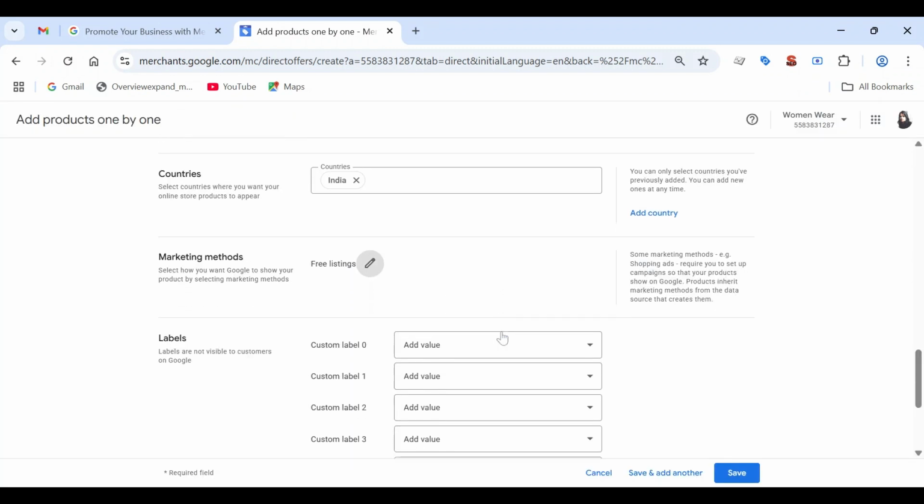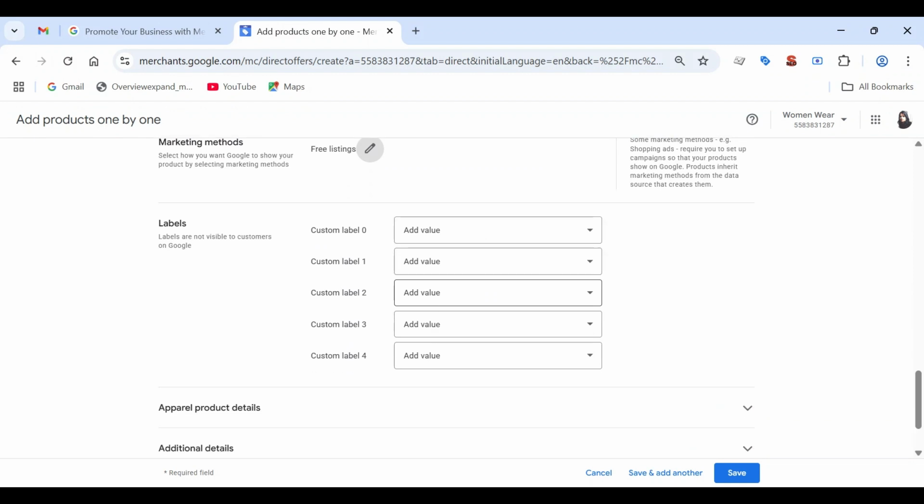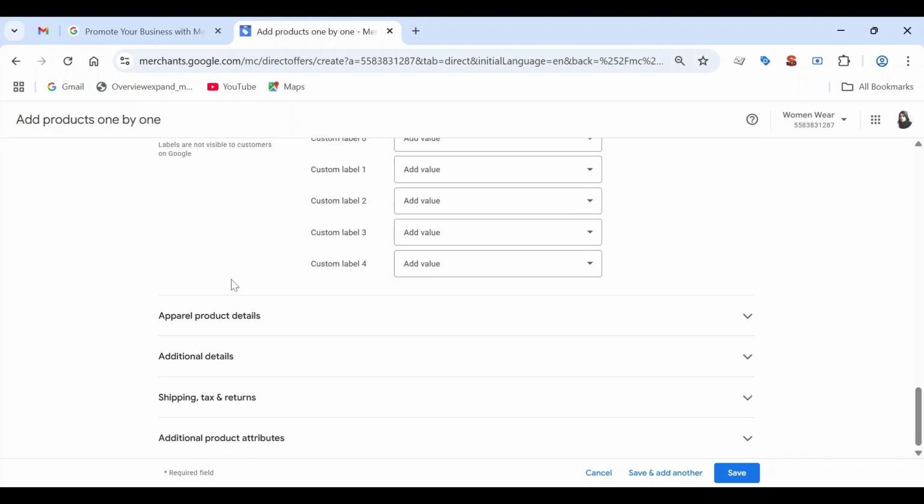So just cancel it. Now these are the labels. If you have a really big website, you can choose different kinds of labels according to your product. Like if you want to say new product, or if you want to target it by red color, any label that you want, this won't be visible to customers.